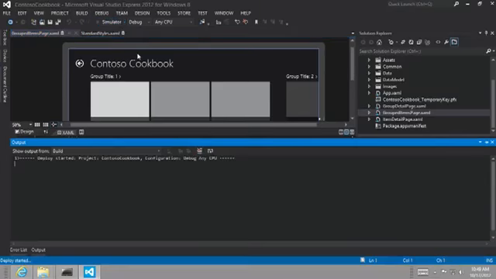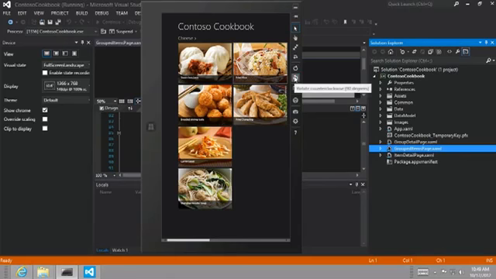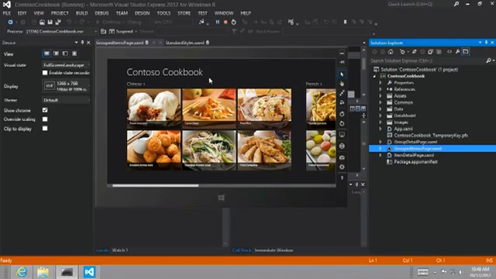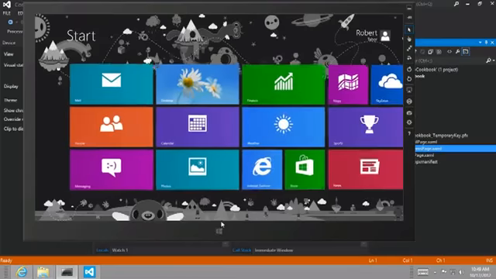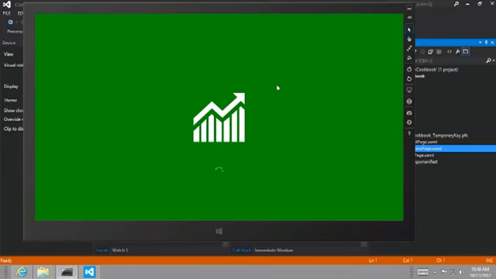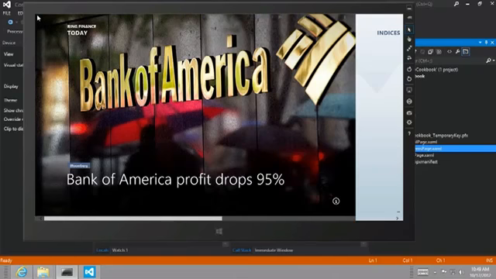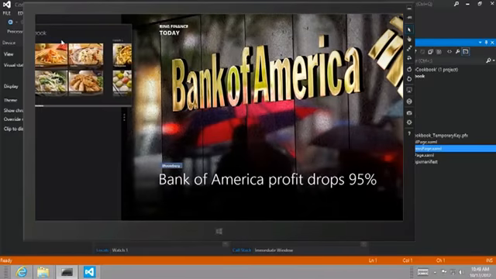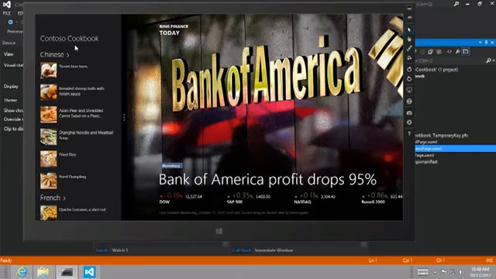I'm going to run the app in the simulator without making any changes to it. It's where we left off from. So let me rotate back here. Okay. Then I'm going to hit the Windows button and open up the Finance app. Then I'm going to hover in the upper left-hand corner until I see the Contoso Cookbook icon, and drag it until it makes a space for it on the left-hand side in